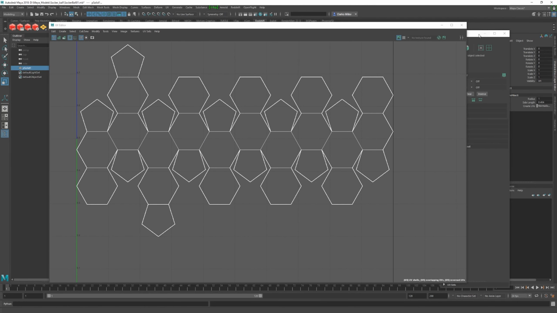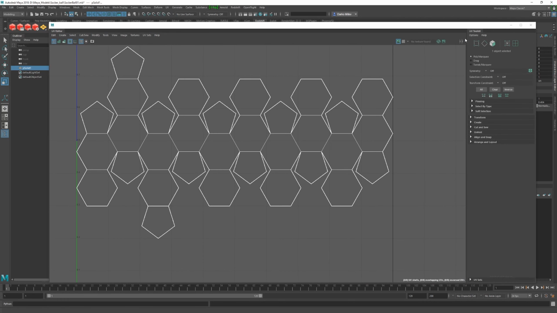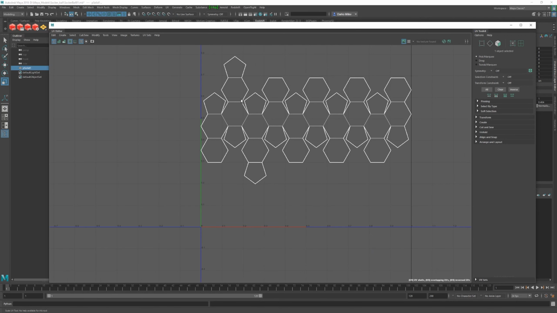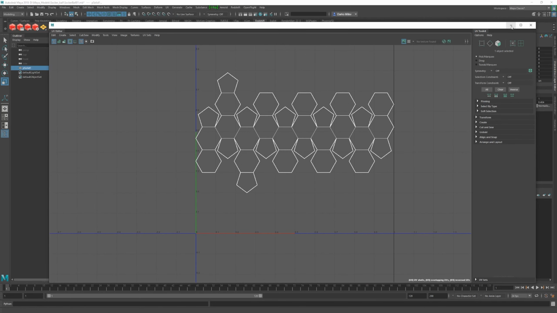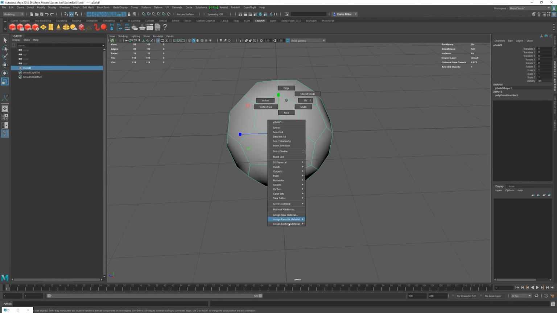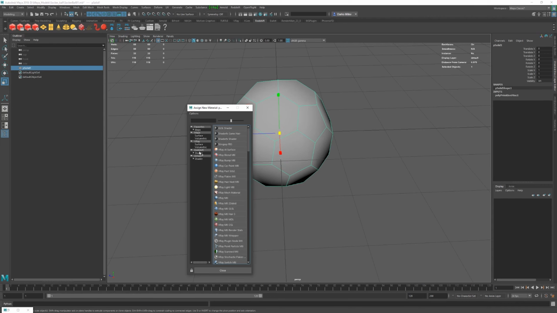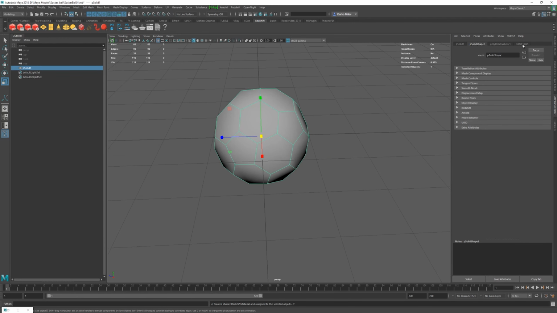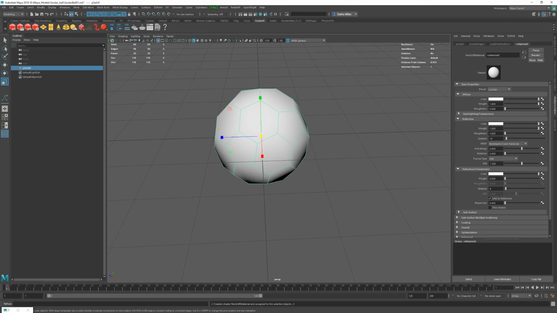I'm going to quickly unlock my Maya interface to dock this, and then lock it again so I can't move it. Alright, because these UVs exist, it's going to make our lives a lot easier. So first thing I'm going to do is assign a new material to this, and let's use Redshift for this one. I'm going to make it a white